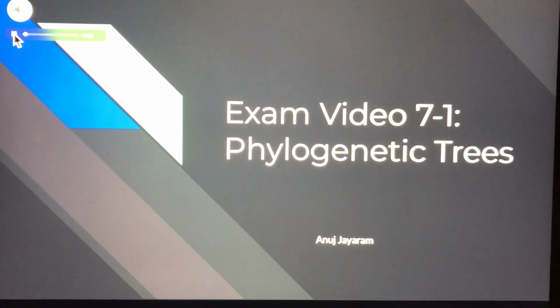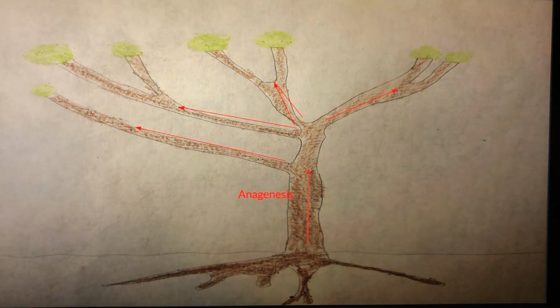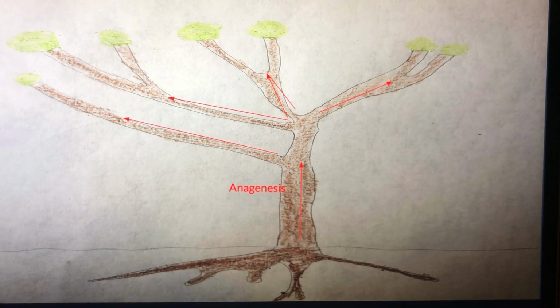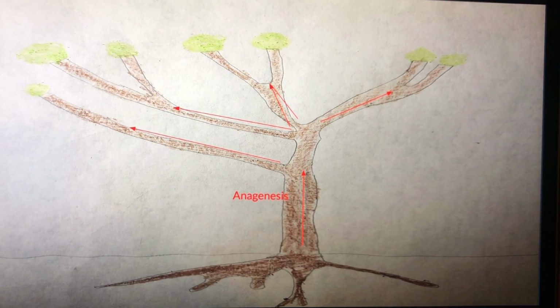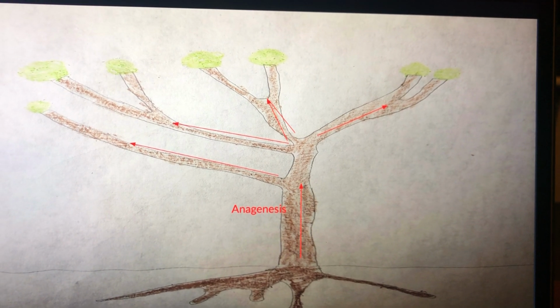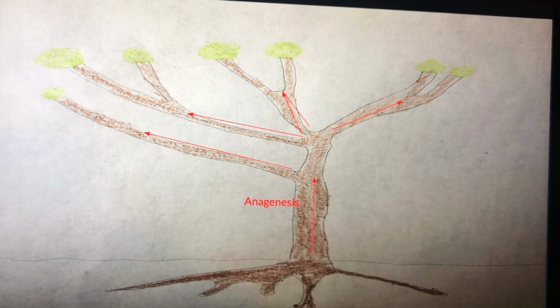I'm going to explain phylogenetic trees. Here, I have depicted an actual tree. The root system of the tree represents the common ancestral lineage of all other organisms depicted in the tree. As we begin to move up the trunk of the tree, time progresses, and this continuous segment of the tree